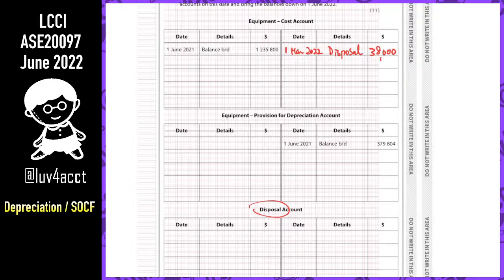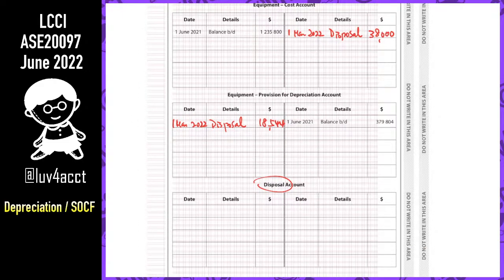So next we have 1st of March, year 2022, disposal. We have to take the amount of accumulated depreciation of the disposed asset from this account. So this is transferred to the disposal account,